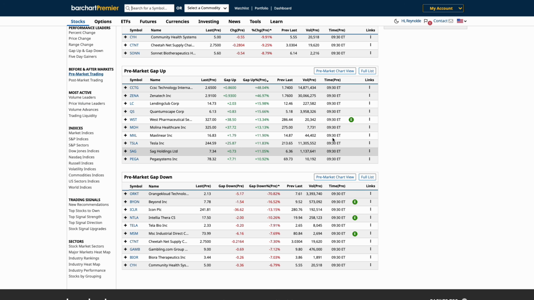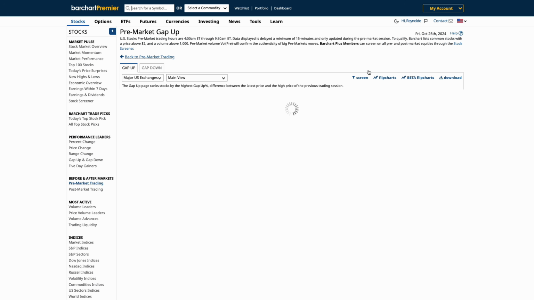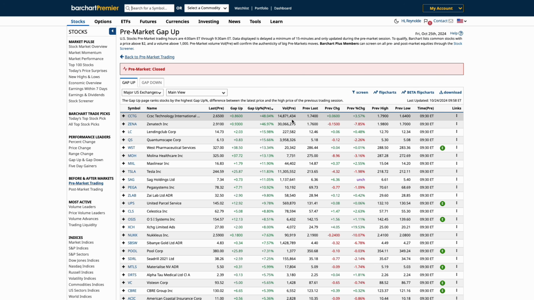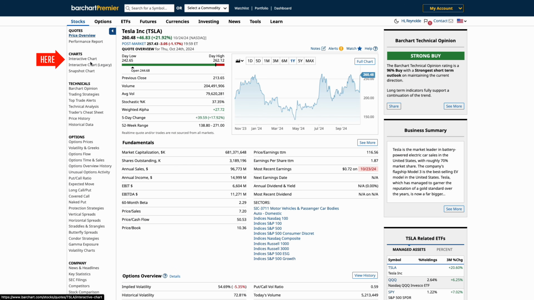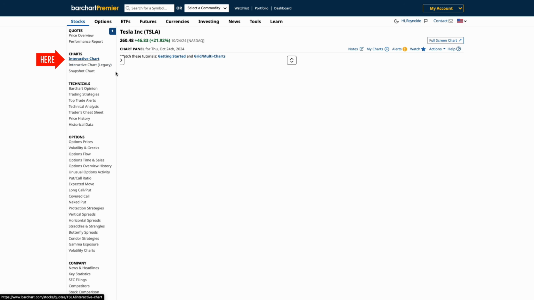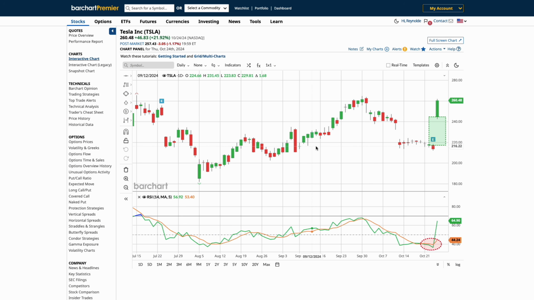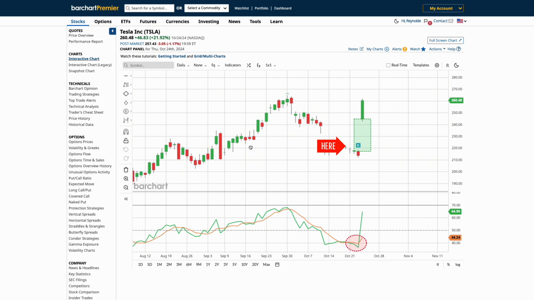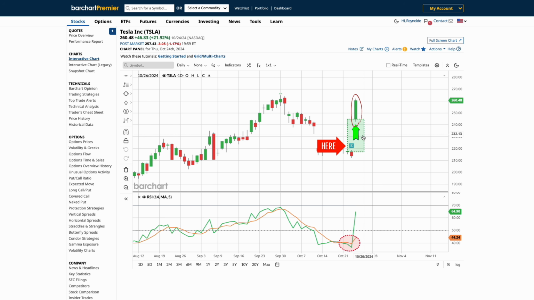Let's click here to give us a closer look. By reviewing these gaps, you can spot stocks experiencing unusual sentiment shifts. For example, we can see that Tesla is experiencing a gap in price with large volume. So let's take a closer look. We can pull up the interactive charts to get a visual of this gap. High gap changes can suggest volatility or increased interest, giving you insights into possible momentum plays or reversals from oversold